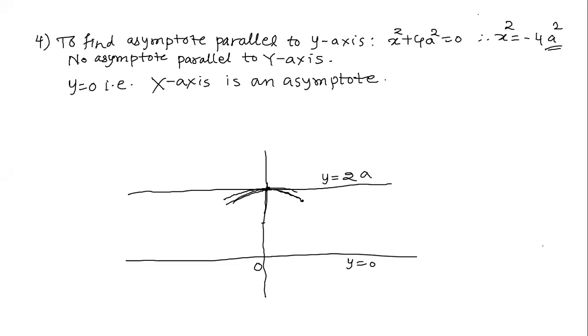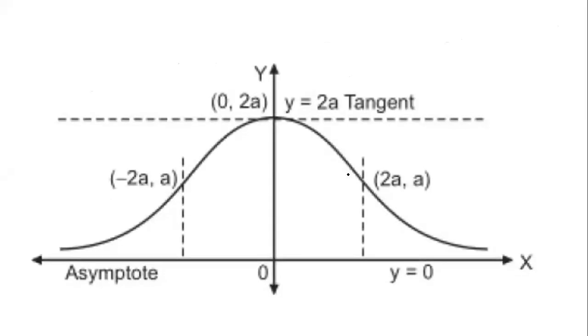So this is going to be the nature of the curve, and further we have seen that the x-axis is an asymptote, so the curve will be coming down like that and coming close to the x-axis, but it will not touch. It will touch the x-axis at infinity. The curve is symmetric about the y-axis, so it goes like this in both directions. So this is the rough sketch, and in this way we have to solve the problems.